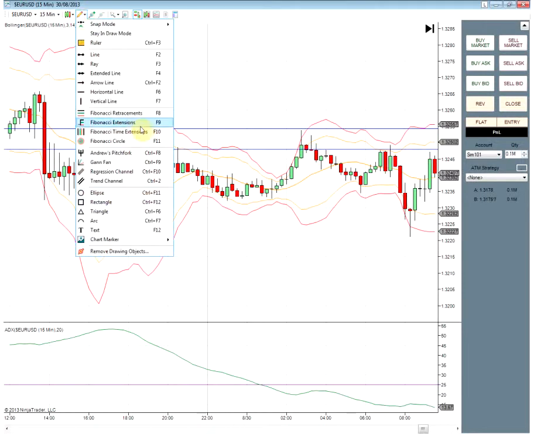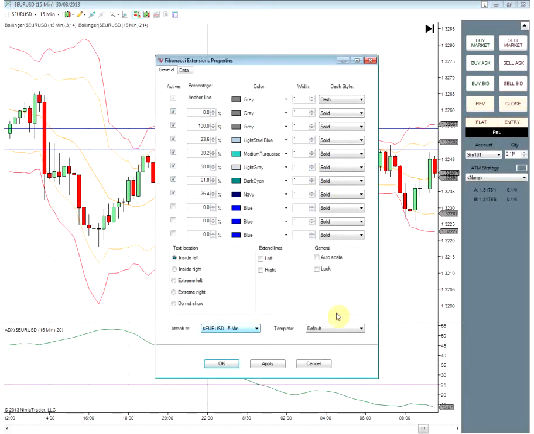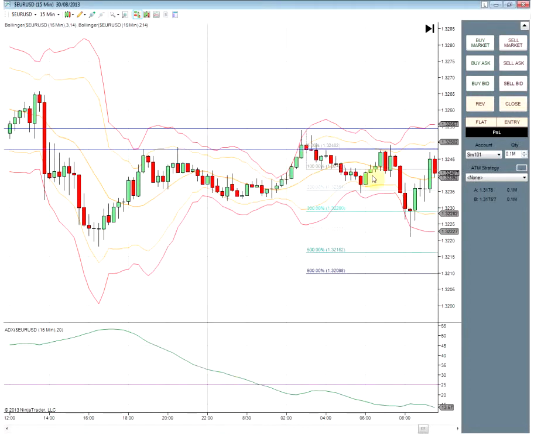And what I'm going to actually use is our fib extensions on NinjaTrader to plot me risk reward lines. So if I double click here, it's got that. Now what I actually have is a risk reward template, and if you look at it, all I've done is I've set the anchor lines to 100, 200, and all this means is it's now going to apply those lines